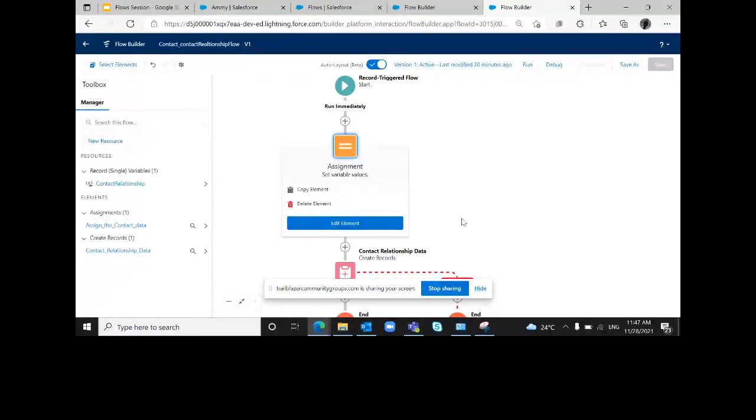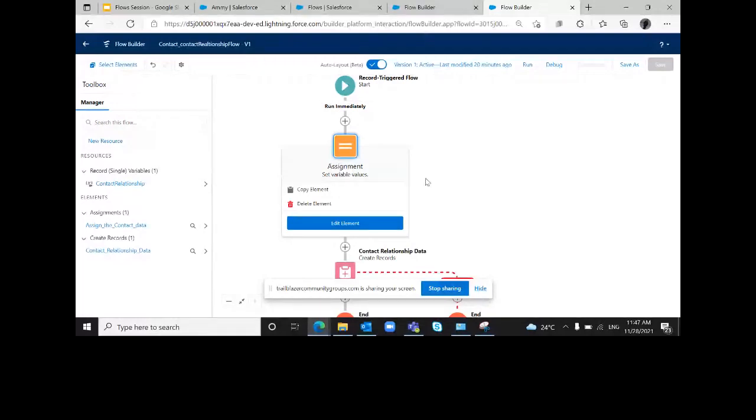So in that case, to simplify things, we can create a variable, assign all the data in that only, and then reuse it. Because right now what I have done is I have used contact relationship, but I can change this and name it something else and we can reuse it.